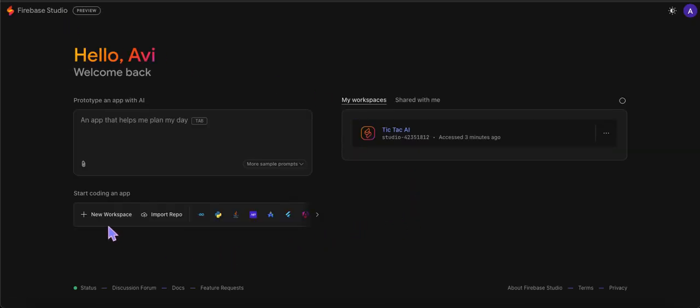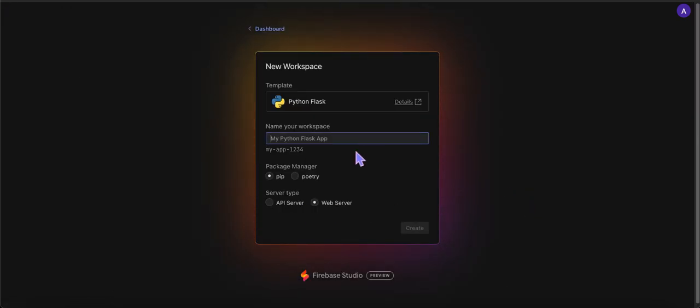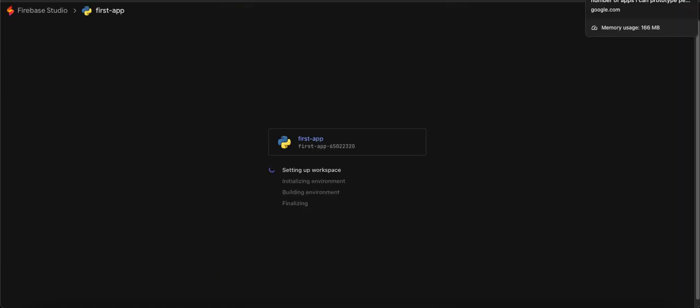Let me go back to Firebase Studio, and we can create a new workspace. Let's just do this with, let's say we want to create a Python Flask workspace. I'm going to say first app. While it's doing that, all right,